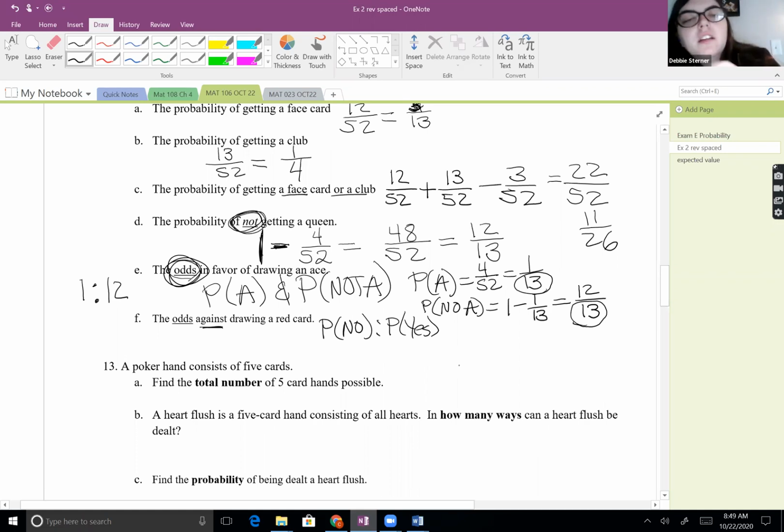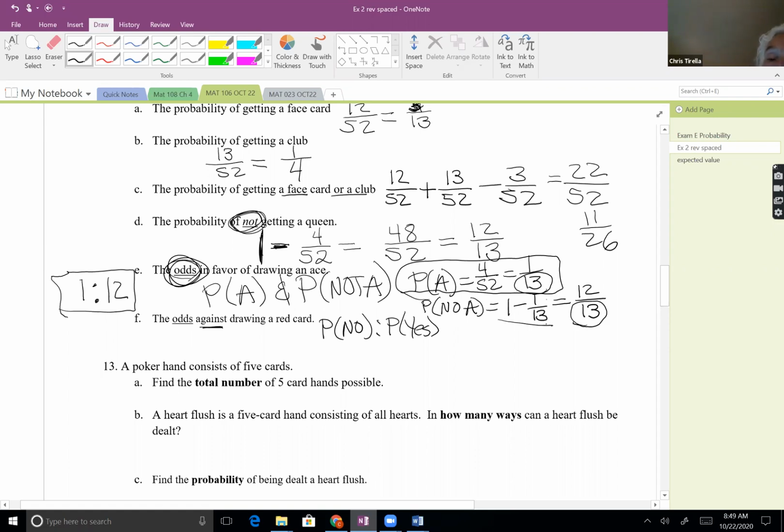And so for E, it's 1 because you're only drawing one card, right? It's 1, not because I'm only drawing one card, but because the probability of an ace is 1 out of 13. Oh, okay. I have to find the probability of an ace. 4 out of 52 gives me 1 out of 13. And then for the second half, for the not probability, I always just subtract that from 1, which gives me 12 out of 13. Okay. And I take the ratio of the numerators.